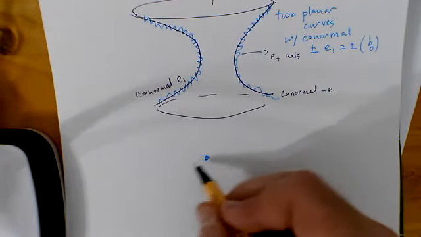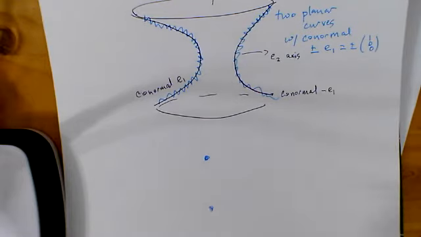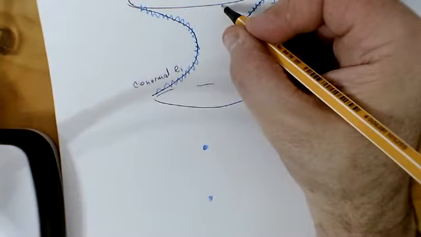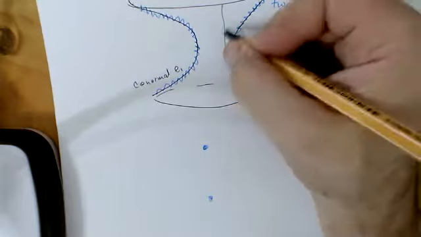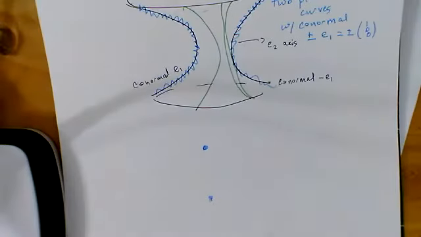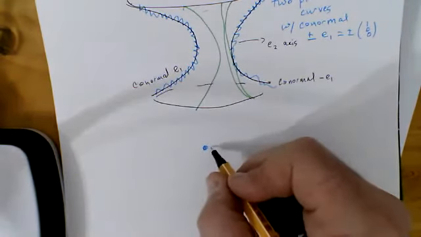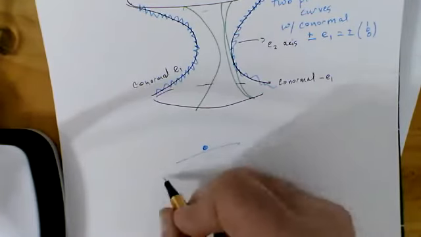In between, I'm going to have all these other curves. So for instance, this curve here, this curve here, those curves also all have constant conormal, and the conormal swings between minus E1 and plus E1. So I see that then what do I get? I get the conjugate surface being ruled